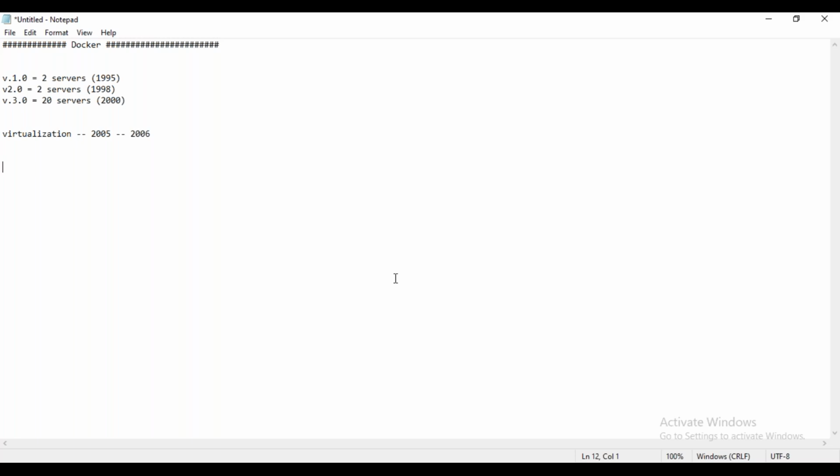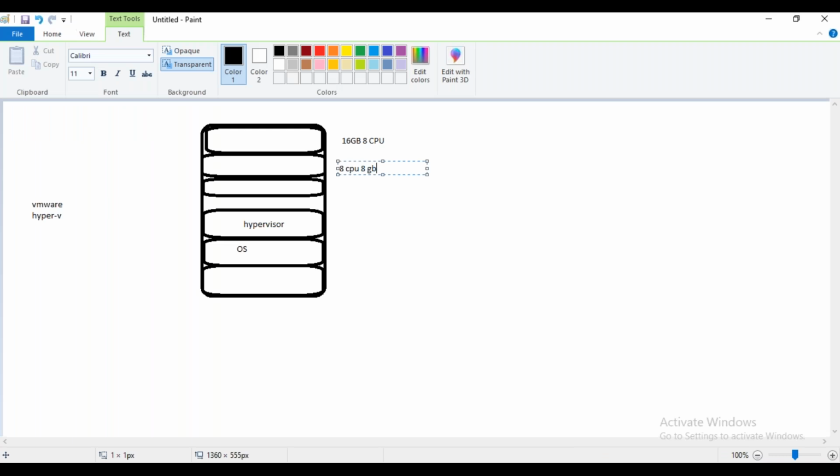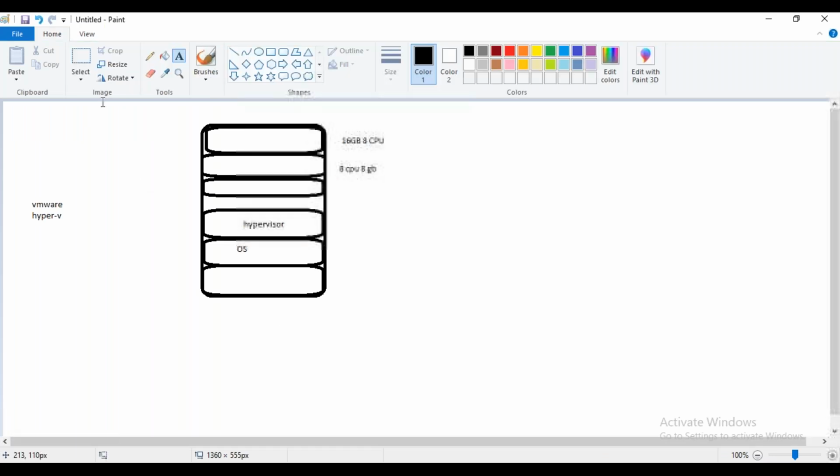Scenario again from 2013: actually AWS came in 2006, but it became popular from 2012 to 13. So cloud came into the picture. So what is cloud now? With cloud, you don't need to buy anything. You can just take the machines on a rent basis, and whenever you don't need them, you can give them back, and you pay monthly.